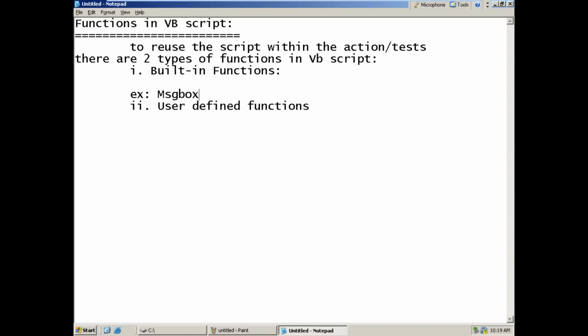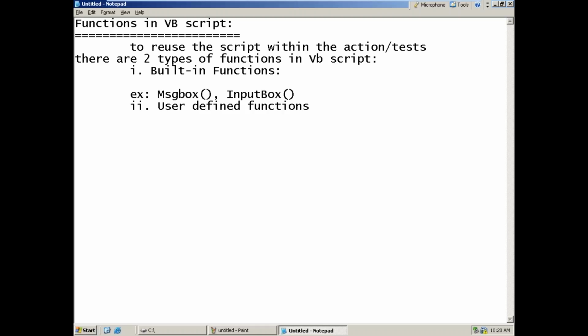I used message box. What is the use of this one? It displays the user message during runtime. The input box function reads the keyboard inputs during runtime. We have not defined any operation; it is already defined by the VBScript developers.